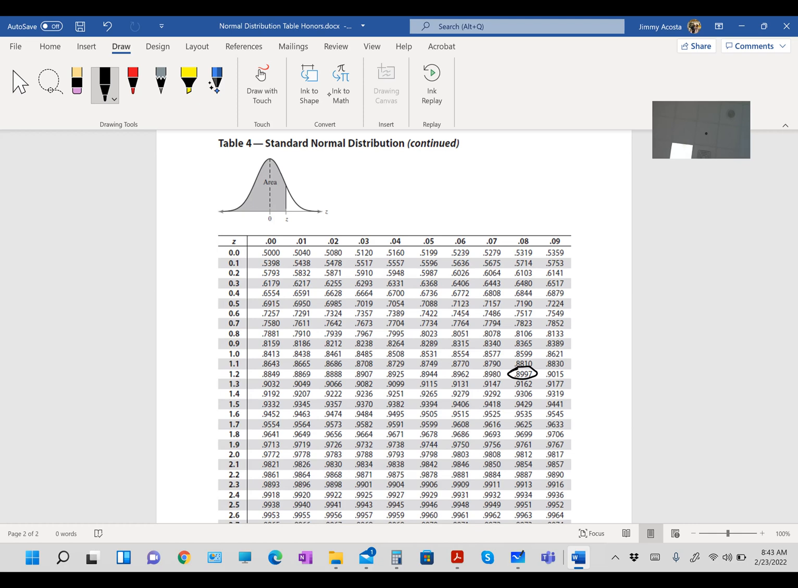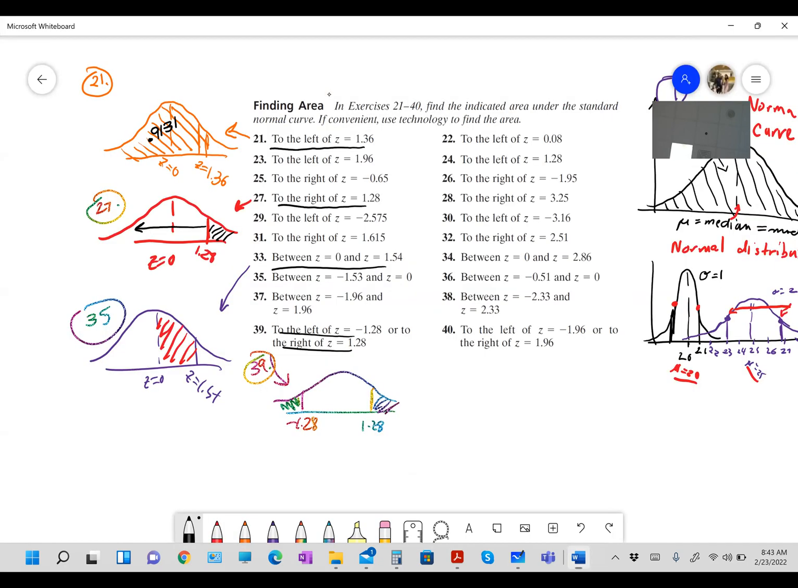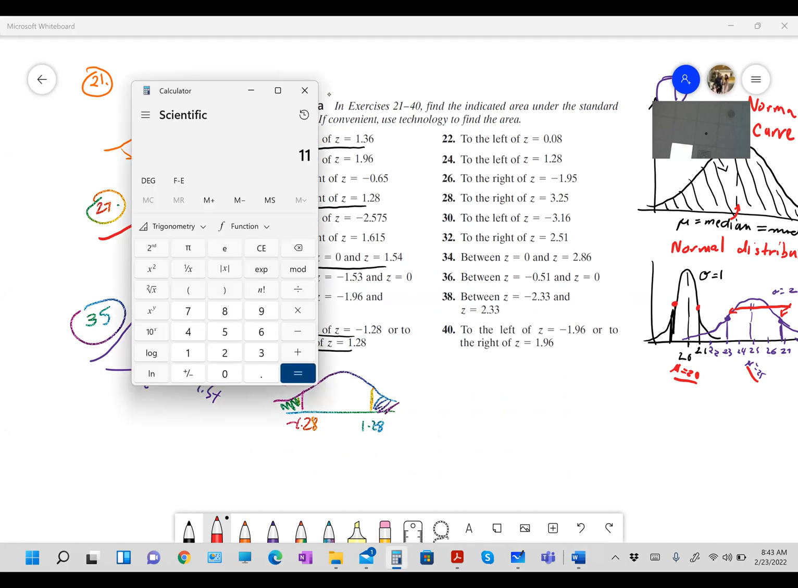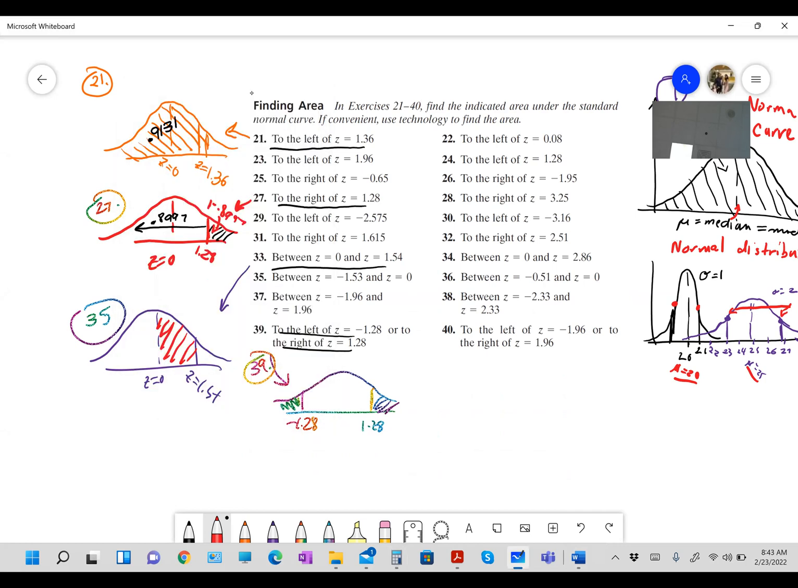0.8997. So this area here is 0.8997, but in reality, we want the area to the right. So it's going to be 1 minus 0.8997, whatever that equals. 1 minus point, oh man, I put 11. 1 minus 0.8997. That's point,